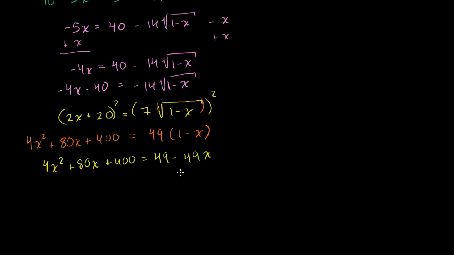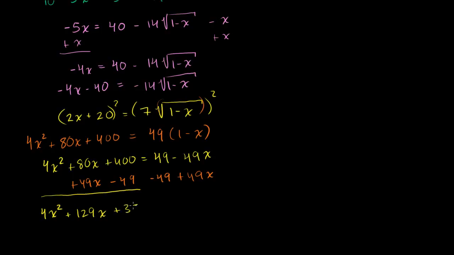Now, let's add 49x to both sides of the equation, and let's subtract 49 from both sides. We are left with the left-hand side becoming 4x squared. Now, 80 plus 49 is 129, so plus 129x. And then 400 minus 49 is 351, plus 351 is equal to, these guys cancel out, those guys cancel out,